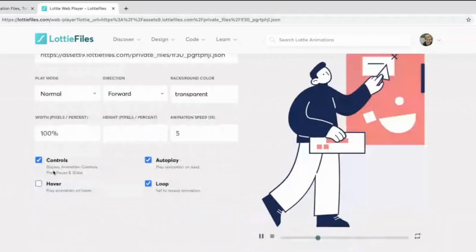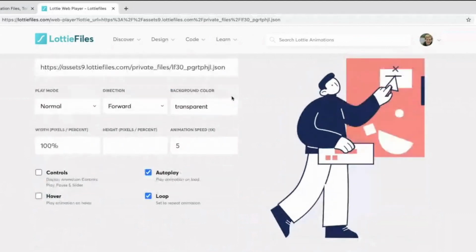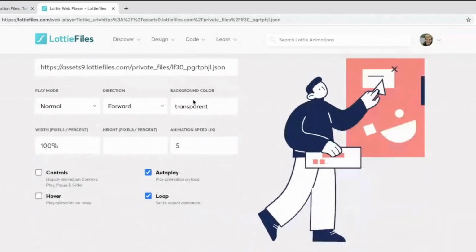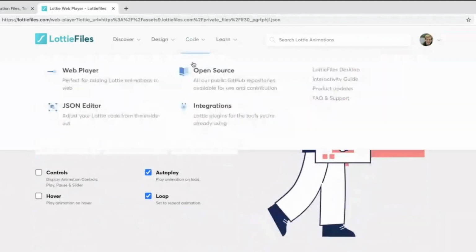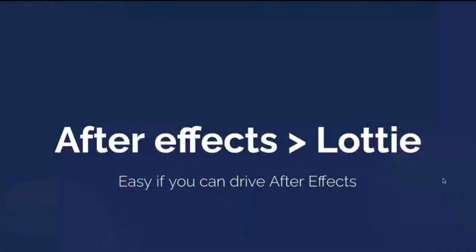And autoplay, loop, turn controls off, and then just copy the code and embed in an HTML block just like before. So again, the hardest part of this process is After Effects. If you can drive After Effects, getting the After Effects animations onto a website is super easy.